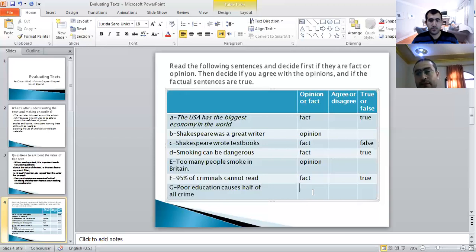Some people just guess about this problem. So this is fact and opinion, both. We can write both, because it has a relation. Poor education, of course, although it could be an opinion, because some people are educated and have been through bad times, and then they commit some crimes.